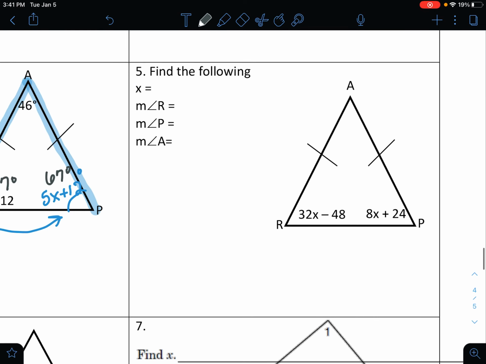All right, number 5, find the following. So we have these two, same thing, still isosceles. So that means these